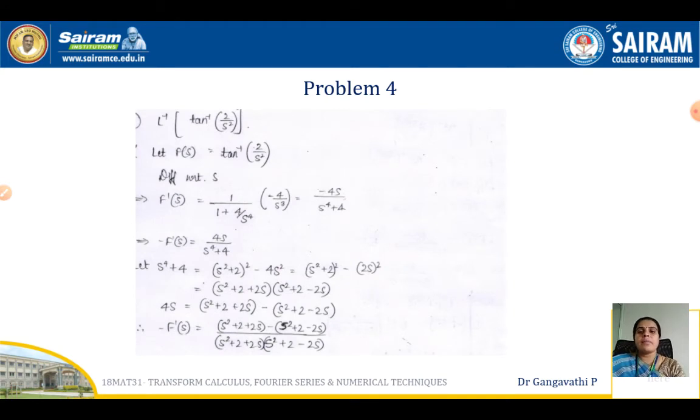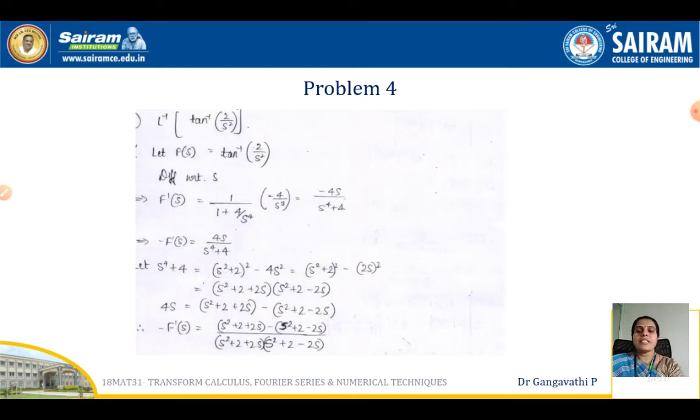Look at another example. It is asked us to find L inverse of tan inverse of 2 by s square. So when we look at the problem, as we discussed, the first two problems were logarithm problems. So we could get to know that differentiation is going to be helpful. But here it is not so. But still, wherever you have trigonometric functions, in order to bring it to the standard form of inverse Laplace transforms, like which we have listed, the function should be in that form. Only then it is easy for us to find L inverse. So to bring that, what method is suitable, that analysis is very important.